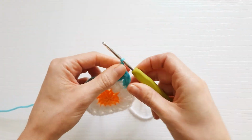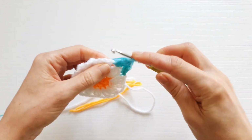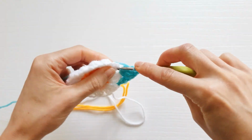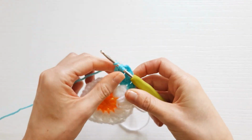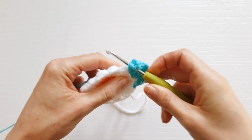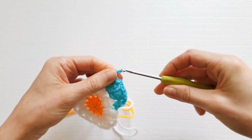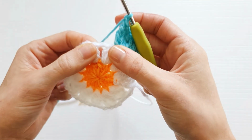Okay, chain 2, and into that exact same space, 3 more treble crochets. Now chain 1, we're going to jump over into this next space, and we are going to work 3 half treble